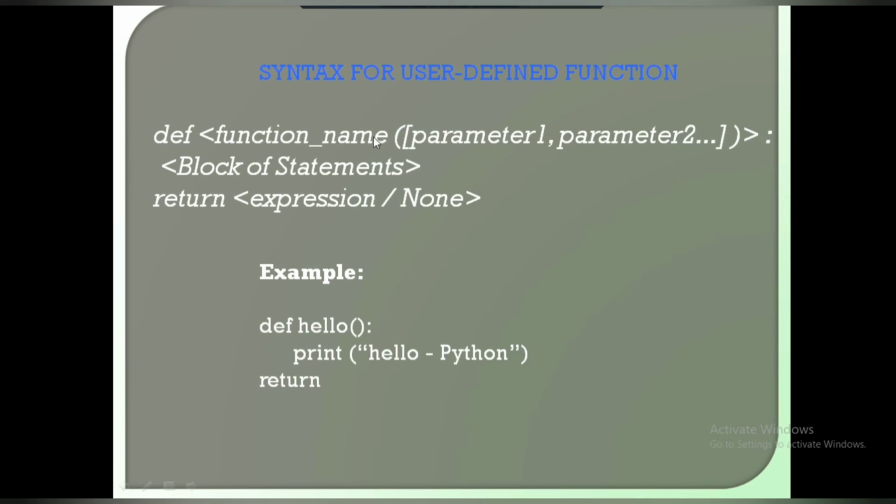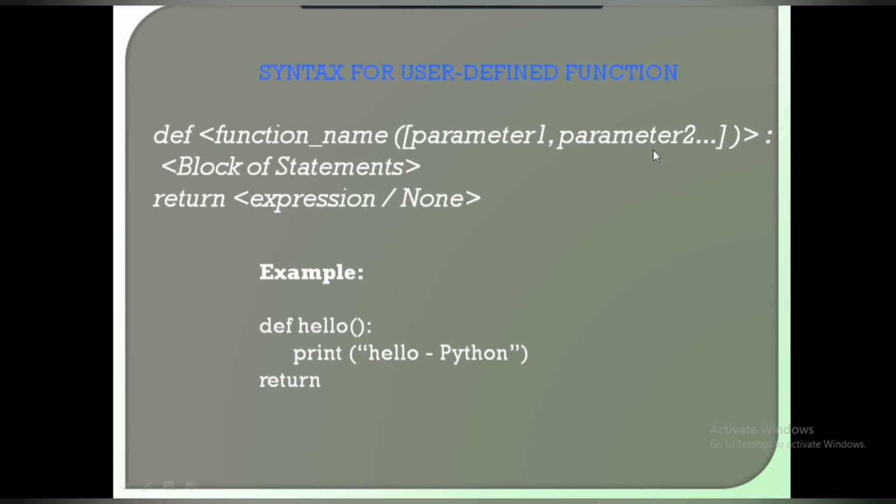After writing the function name, we just put parenthesis. Within this parenthesis, you have to specify the parameters. Parameters are optional. That's why these parameters are specified with the square brackets. If you want to pass any values, then you can use your parameters. Otherwise, we just put empty parenthesis alone. Is it clear? So why is the square bracket given within this parameters? These parameters are optional. If you want to pass values, then we can use parameters. Otherwise, we just put empty parenthesis.